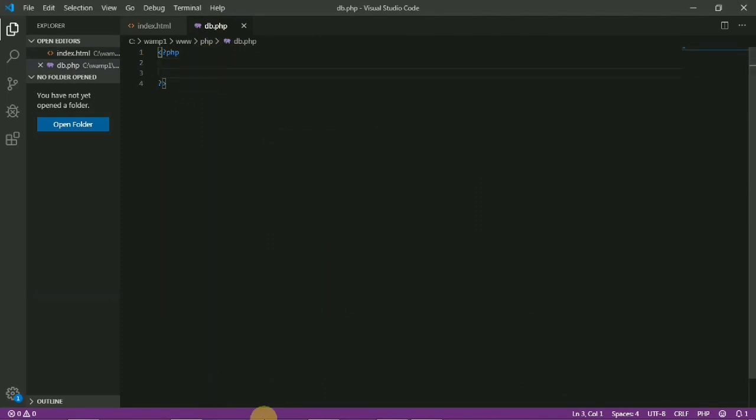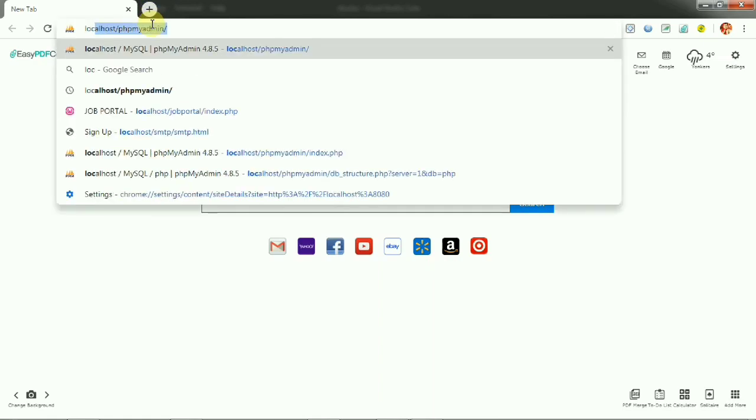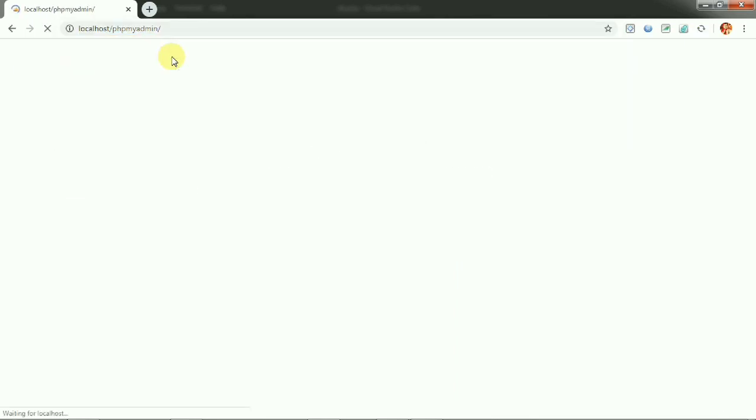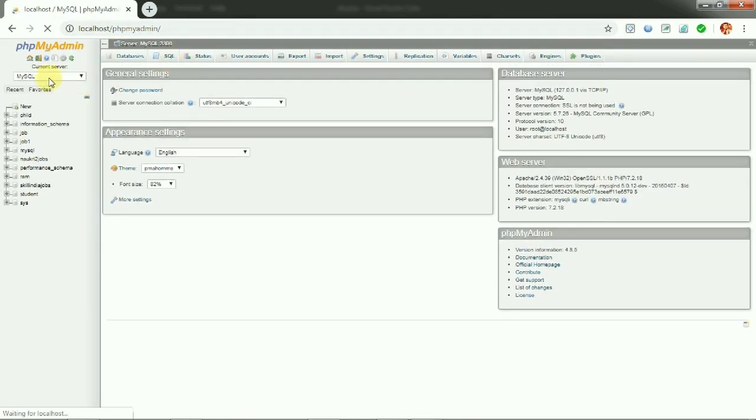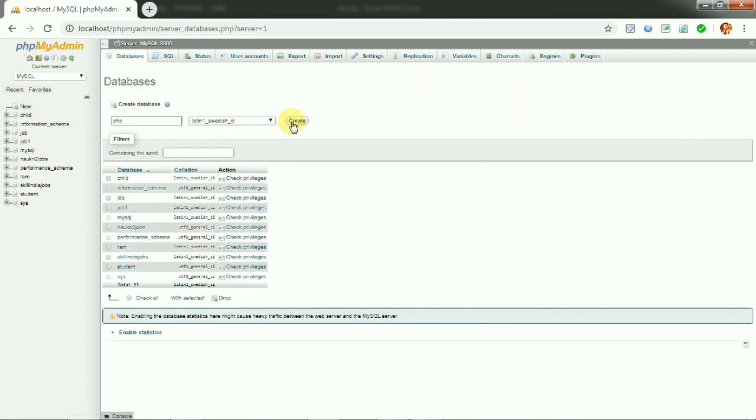Now I am going to create a database in the local phpMyAdmin. Okay, now I am creating a new database. The database name is phpdb.